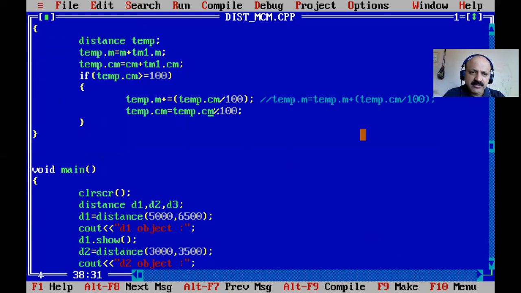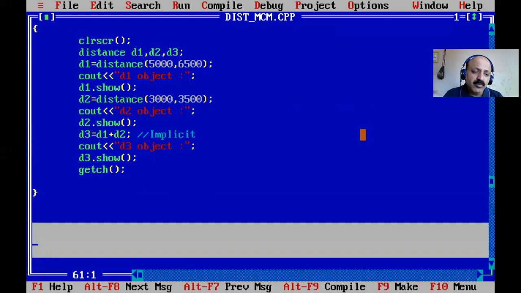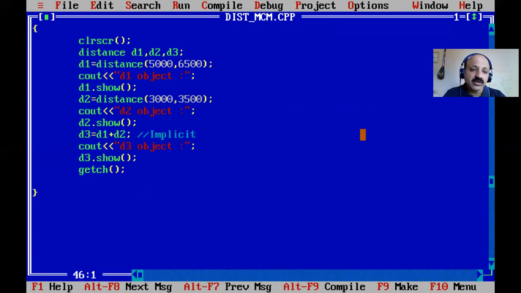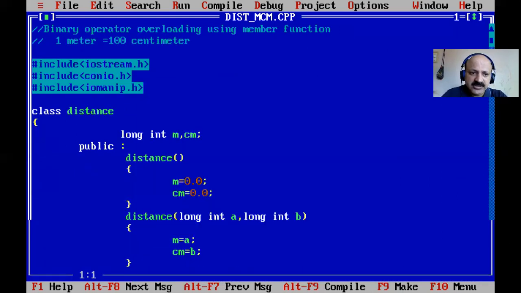Otherwise, that short technique we can also use. That does work, but I will again give the short technique, and here write again temp.cm, then equal to temp.cn, and then modulo 100. Now it is not correct because we passed the float data type, so that is not working. So a range problem is there sometimes. So I give the float data type selection, but the modulo operator gets disturbed.